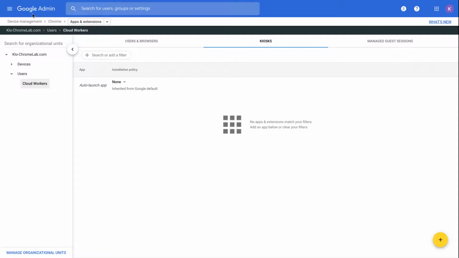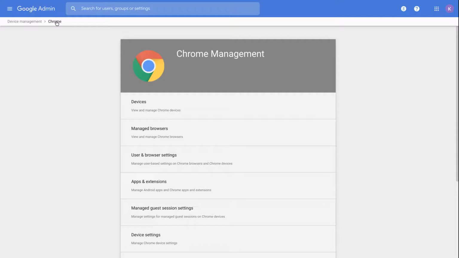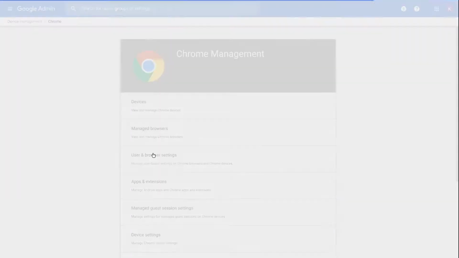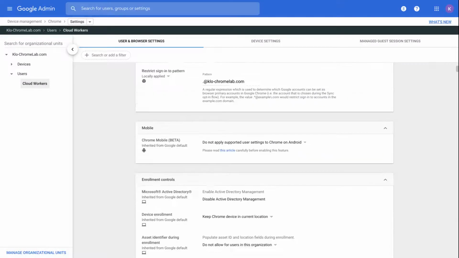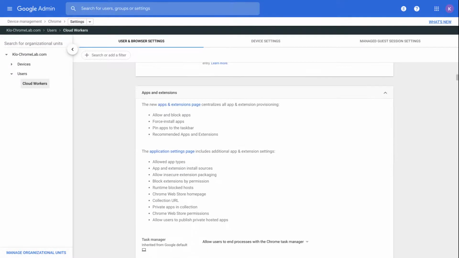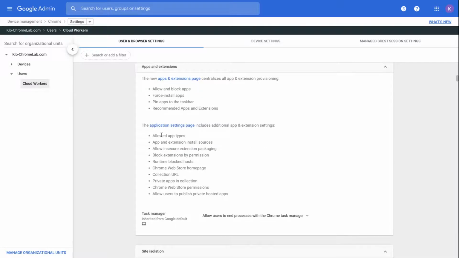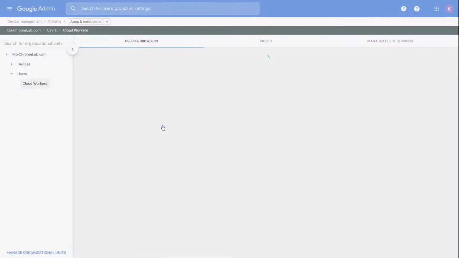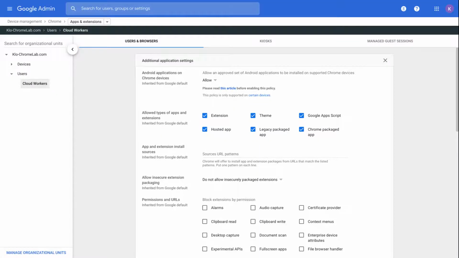If I come back to the previous page, we can see that we have another menu available about application settings. So I click on this one. More possibilities in terms of apps category management this time.